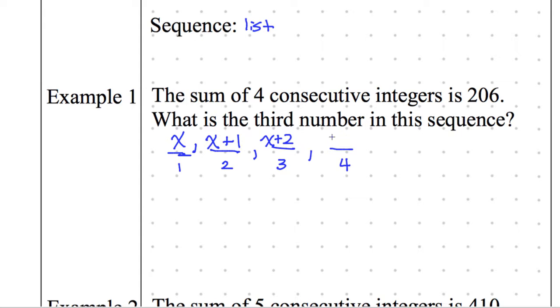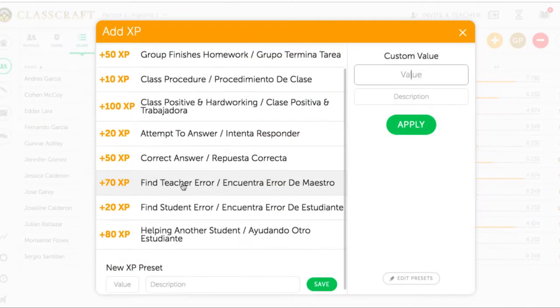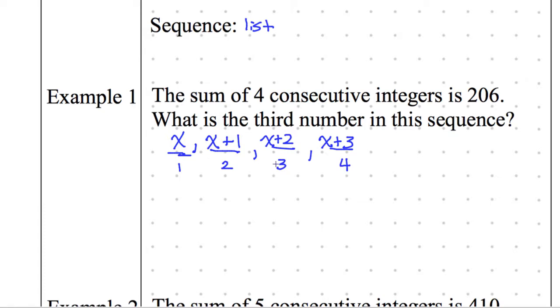What about that fourth number? Monse. X plus 3. So now we have all of these numbers. We don't know what that starting number was. We'll figure that out. But it says that if we add them up, we'll get the sum. Add them up, they'll all equal 206 once I add them together.